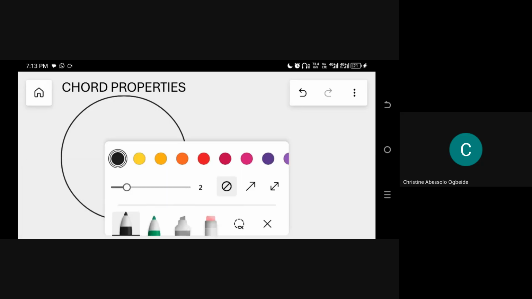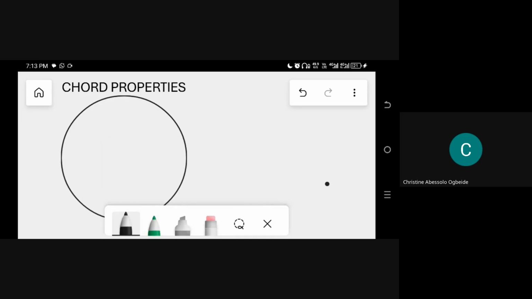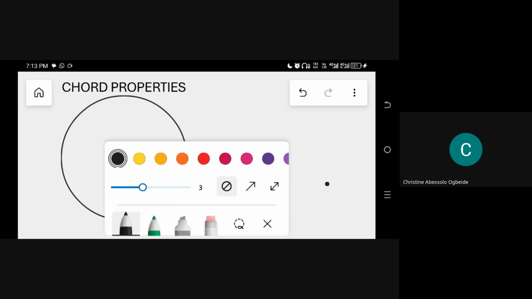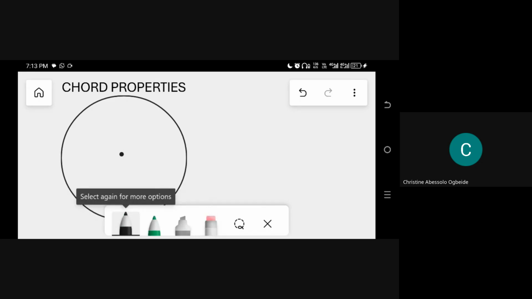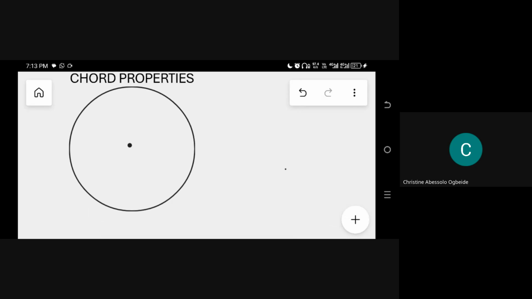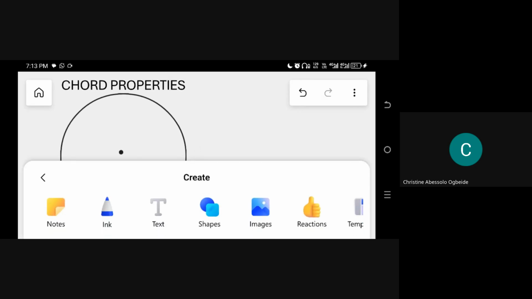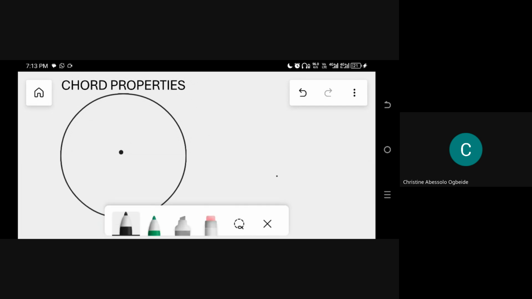So let's say this is the center of the circle, that's the dot we have there, and then we have a chord which is not a diameter. Remember, a chord is any line segment that meets the circumference of the circle